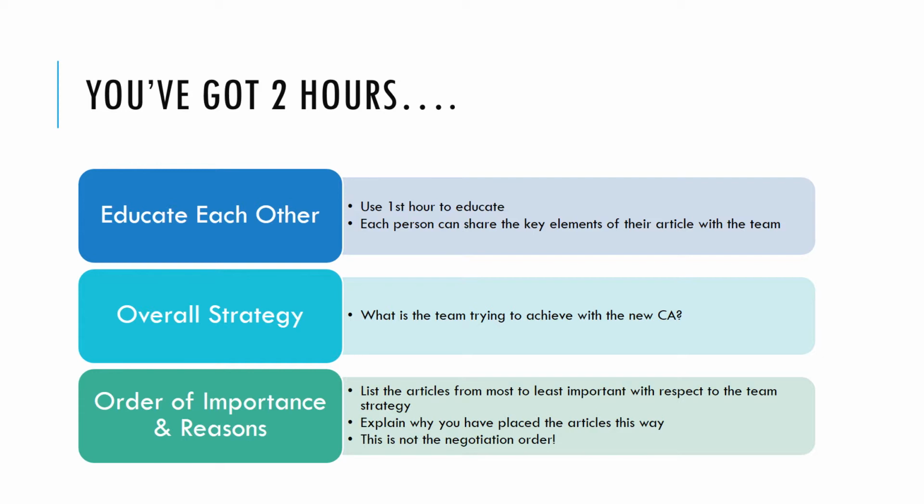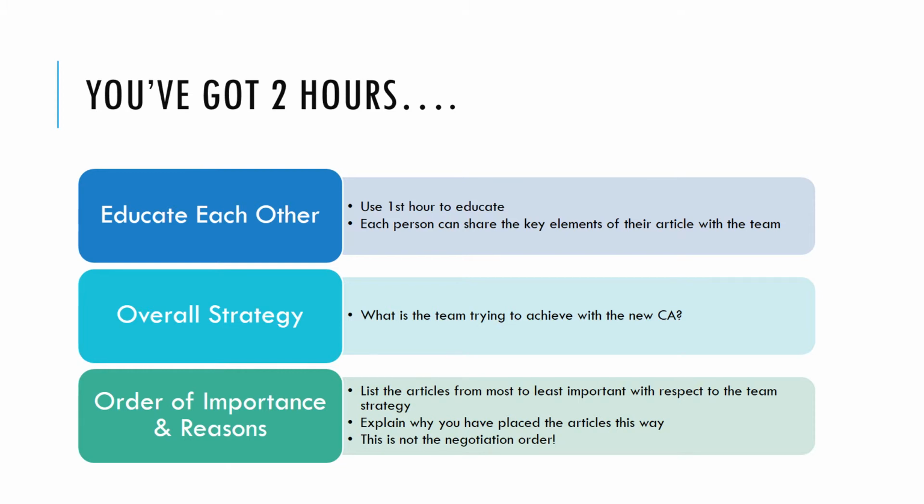So I'm sort of envisioning a process where each of you gets some time to walk the rest of the team through some of the key issues, concerns, questions you have about your article, so that you're educating them. Because when you get to the table, you're going to be relying on your team to help you as a lead negotiator. If they don't know what you're trying to do, how can they help you? One of the things you might want to do is create a cheat sheet. So on one page, summarize key issues and what you're trying to achieve with your article.